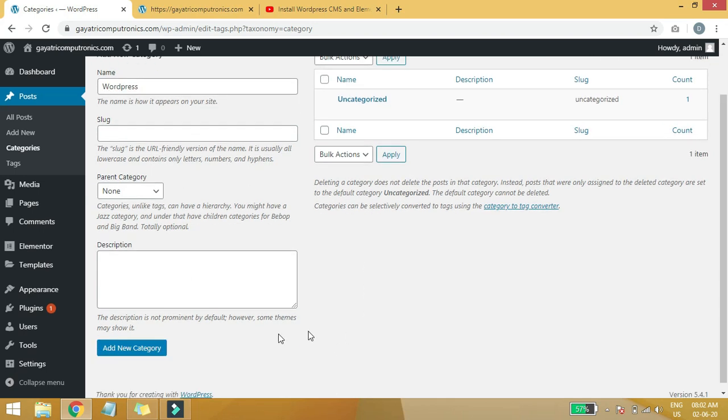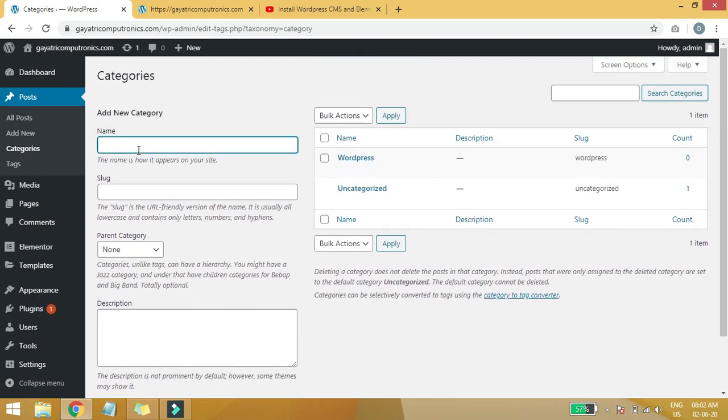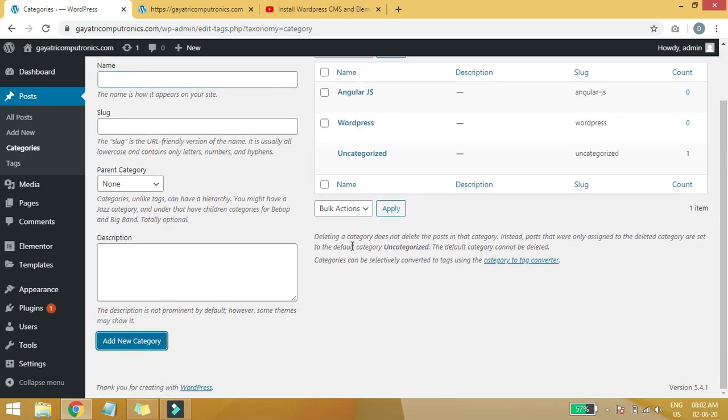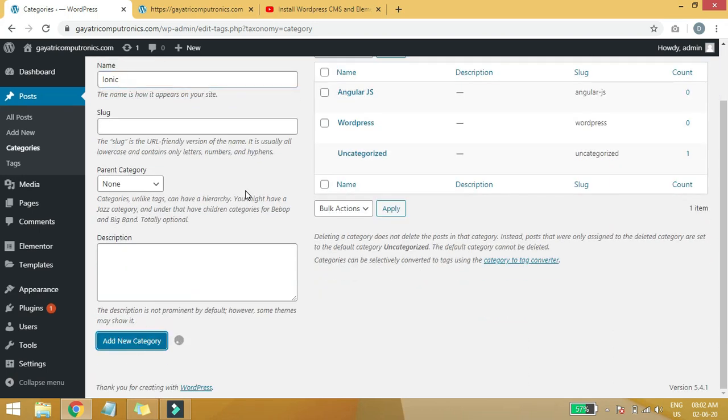Let's take an example, just create one category, WordPress. Another one is AngularJS, just add new category. The third one, let's suppose Ionic, add new category.